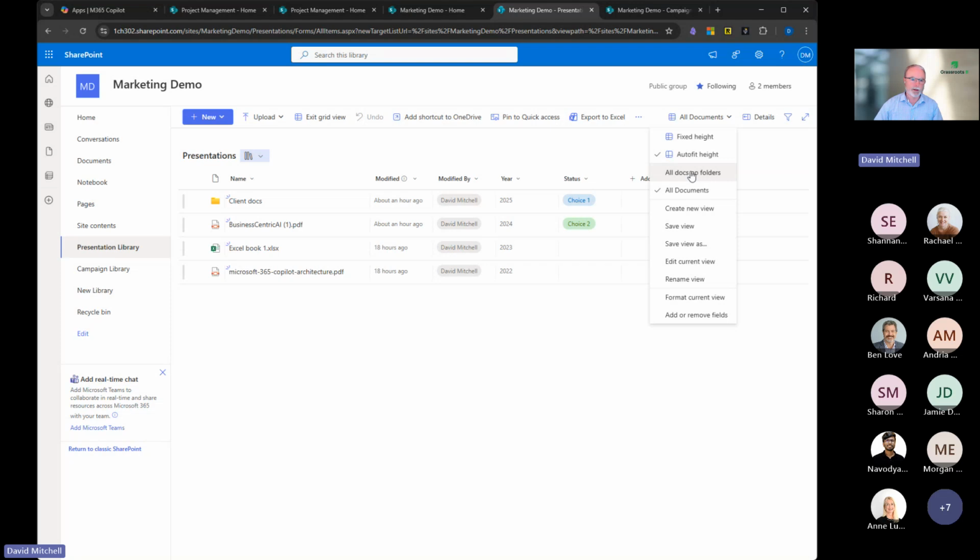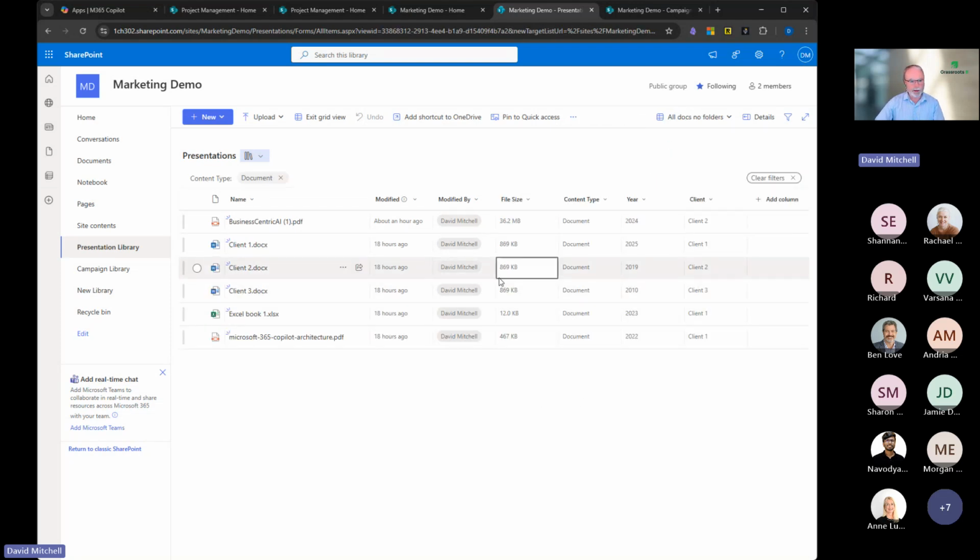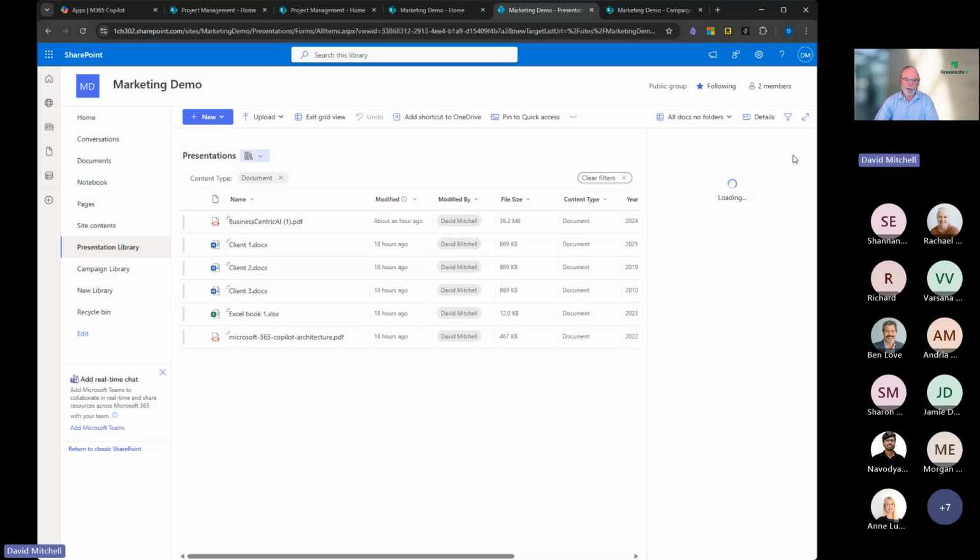So basically what I've done is said all docs, no folders. If I click on that, what that immediately has done is taken away the folders and just put all the documents into one view. What can I do with that? I can actually sort them. I can find all the clients. For example, if I add a filter, which is this funnel thing up here,